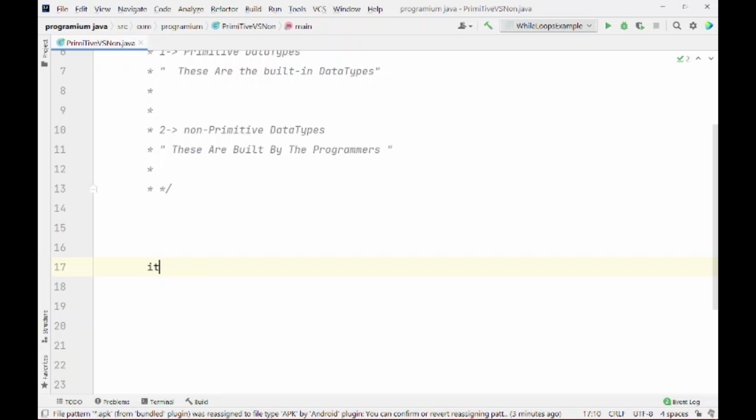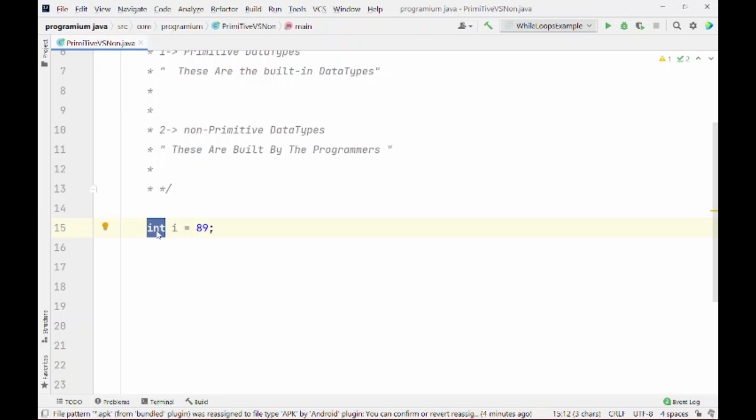For example, if you use int here, you would see that its font color has changed to blue. And if I write here i, just for an example, and put a declaration, you would see that these three things have different colors.